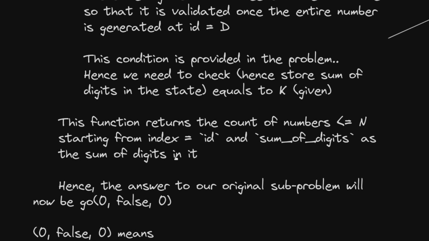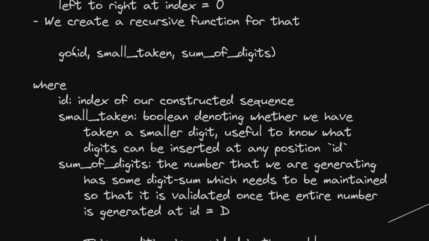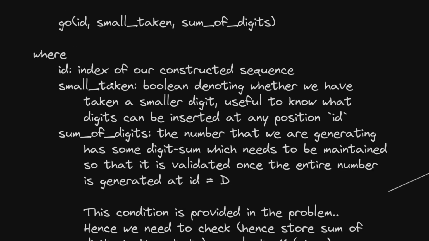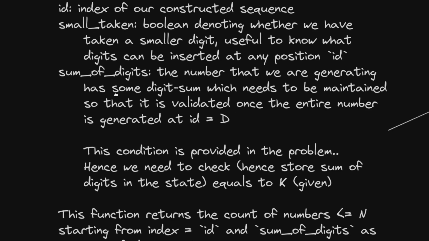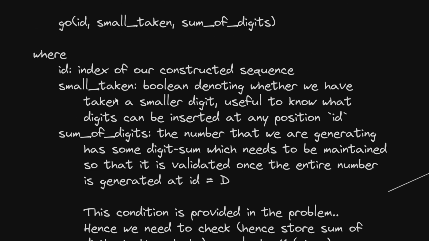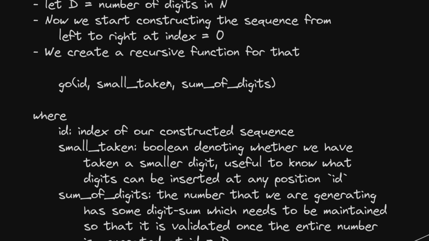So I have written the definition here. This function returns the count of numbers less than or equal to n starting from index equals to id. This index id is initially 0, so that it will find out all the possible digits that can be placed to create a sequence of length d, and the other parameters denote the small taken is